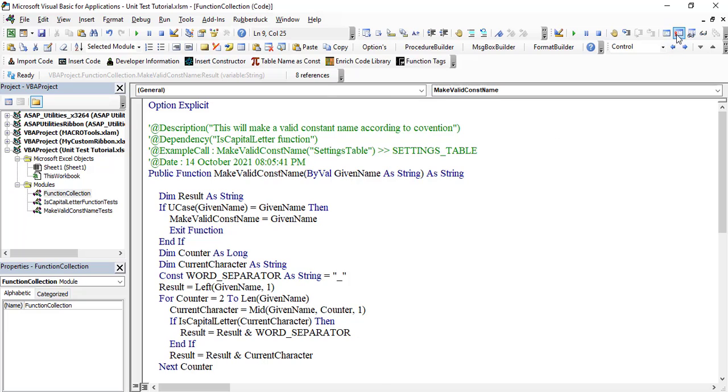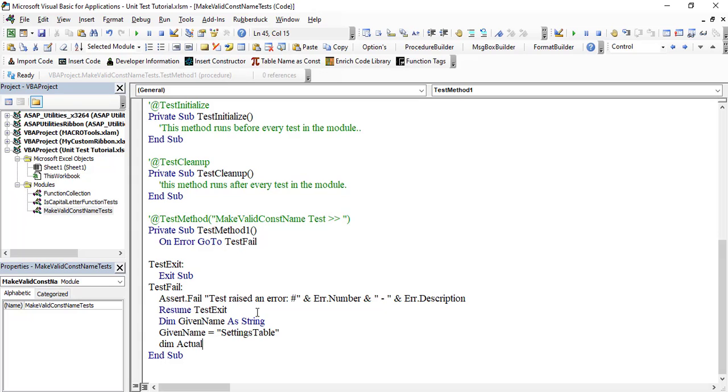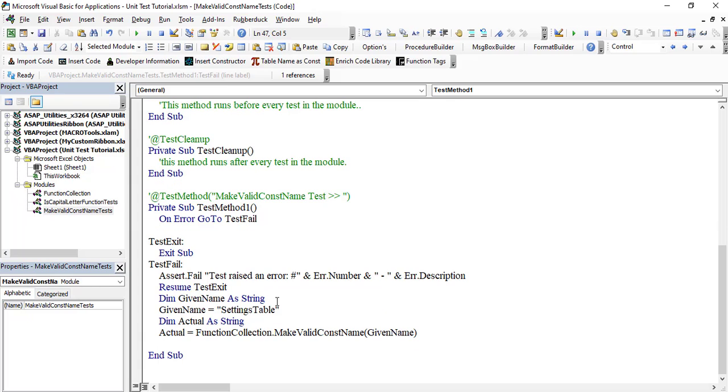Okay, now this one should return the utilized things, right? So let's see. Sorry. Given name as string, or you can use should system_text, and given name is equal to, let's say, settings table. So this could be one test case, right? Actual as string, actual equals function collection dot make valid constant name, then given name. Okay, now my expected is expected as string. Let's make this a constant for this particular case, but we can go with this string. Okay, equals to, that should be settings